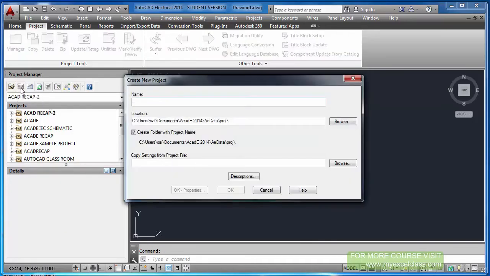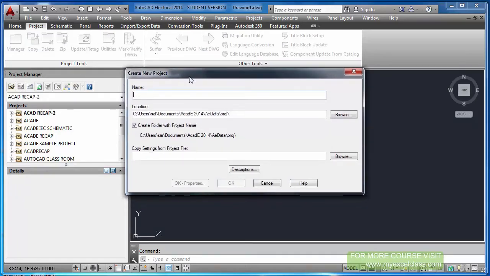New project. Click. So here we have to give a name to the new project. I am giving AutoCAD electrical training. Okay, this is my new project, and now it is asking for location.